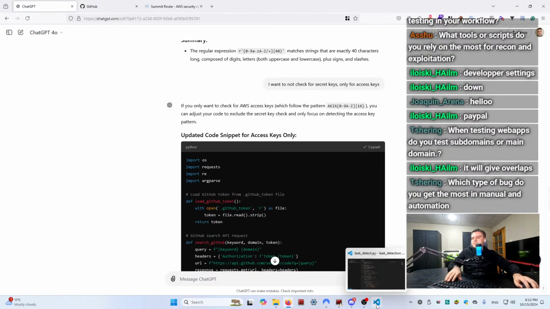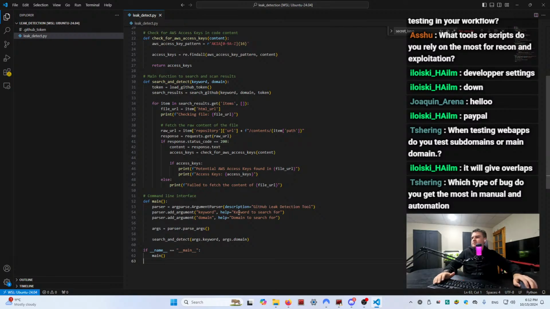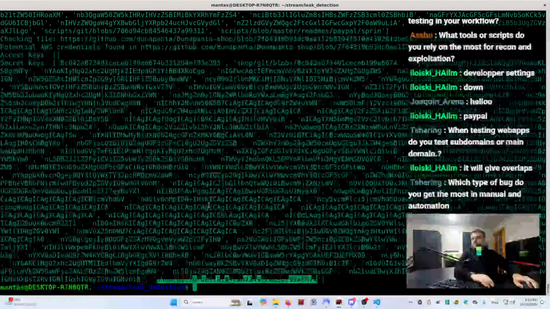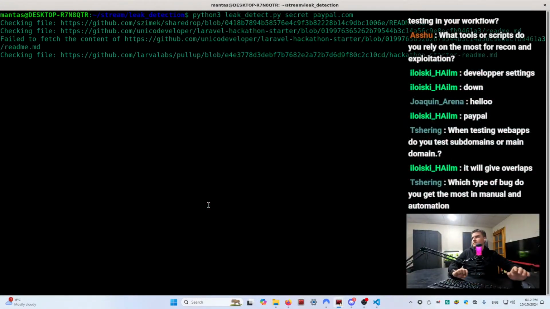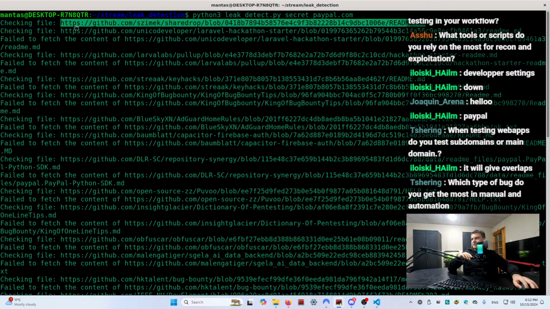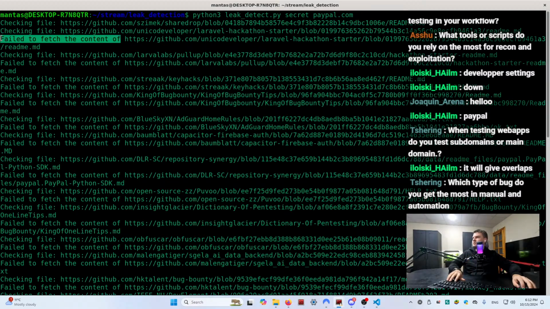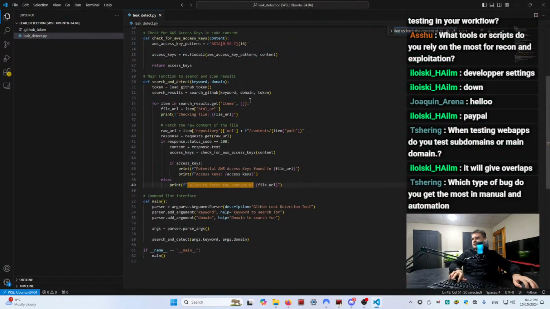Alright, so let's try the changed code. Right now it's way more simple, I guess. Alright, let's clear this. And it's very verbose. I don't actually need that much information from my script. While this fails to fetch. Alright, I think there is a limitation for